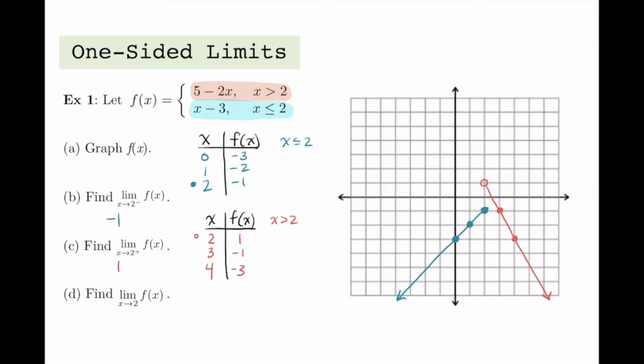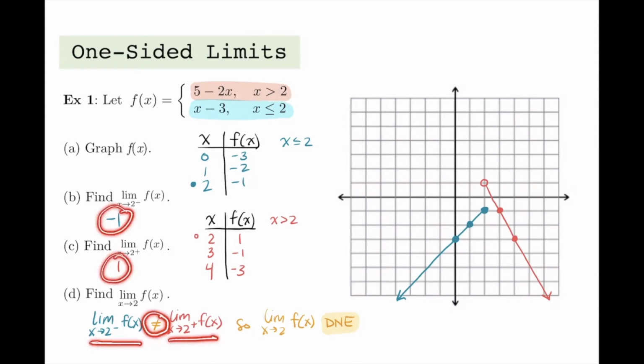In part D, we are finding the two-sided limit. The limit as x approaches 2 without a plus or a minus here. And that is a two-sided limit. Now remember that when the limit from the left side and the limit from the right side don't match up, or when there's this kind of jump in the graph, then for the two-sided limit here, we would say it does not exist. To write that out in symbols to explain our reasoning, we would say that the limit as x approaches 2 from the left-hand side is not equal to the limit as x approaches 2 from the right-hand side, because we've got negative 1 and 1, and those are not the same. So that is enough for us to say that the two-sided limit as x approaches 2 of the function DNE,